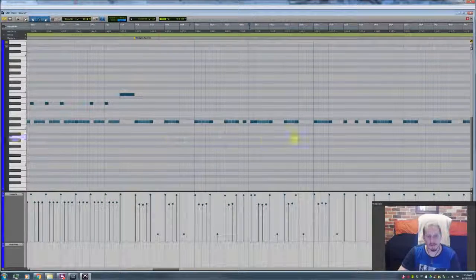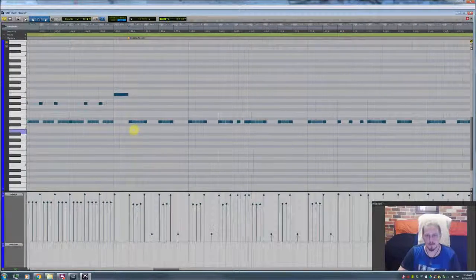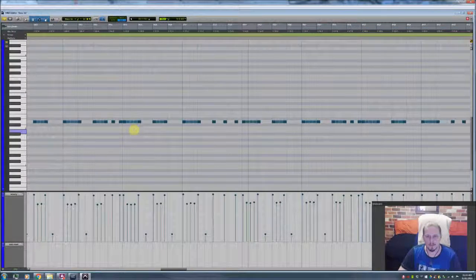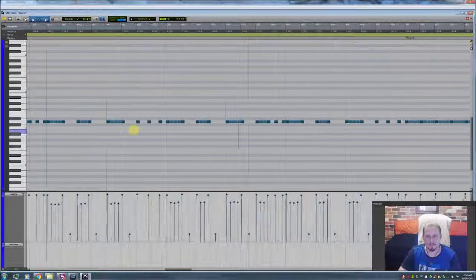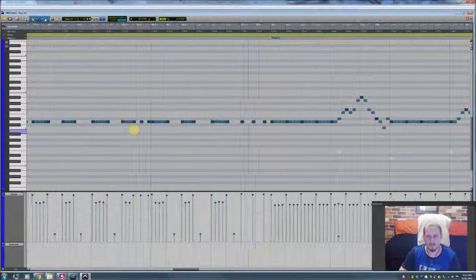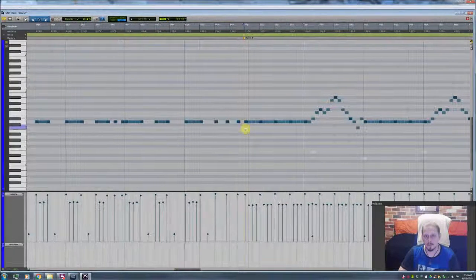So this key switch here is basically stopping this note from ringing out too long. So you basically just play the string and then put your palm on it to stop it ringing out. Just get a nice staccato feel to it. Okay, and then we go into theme B.